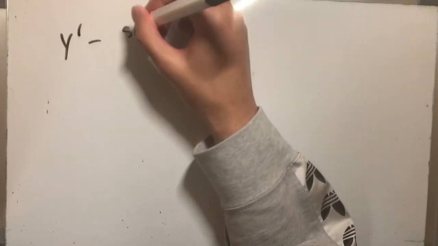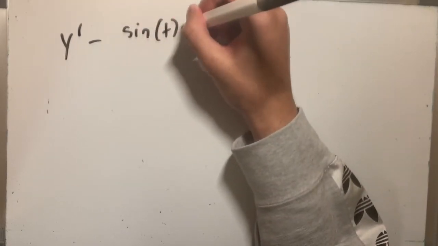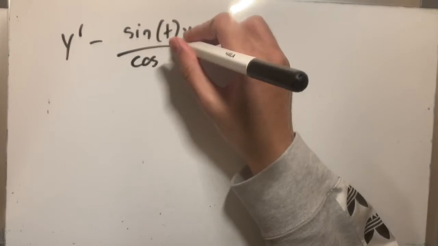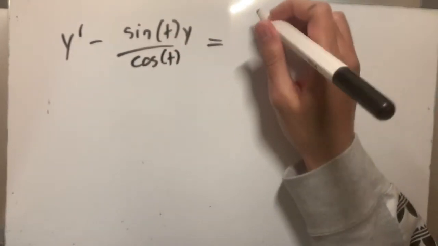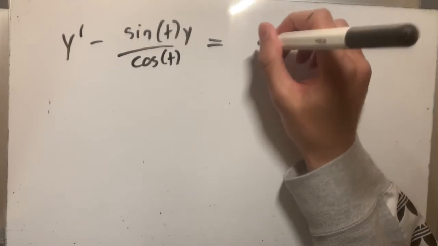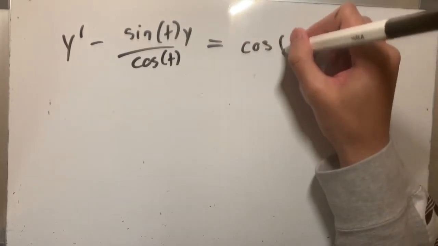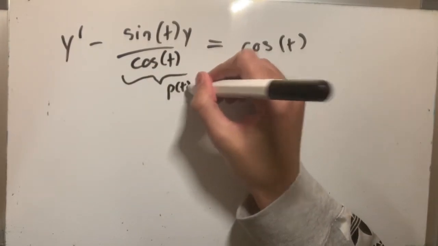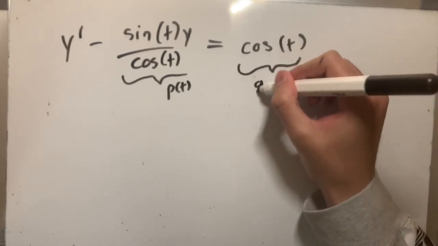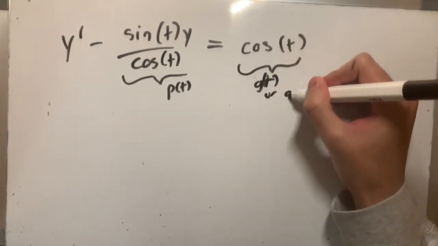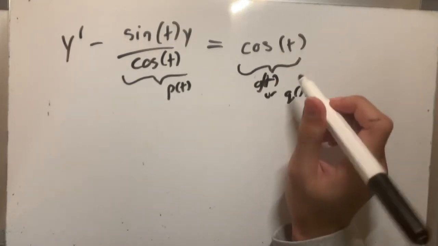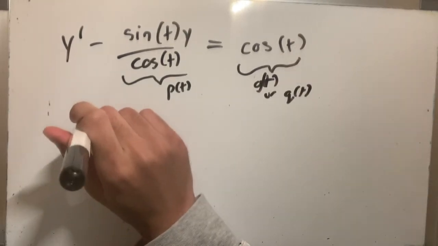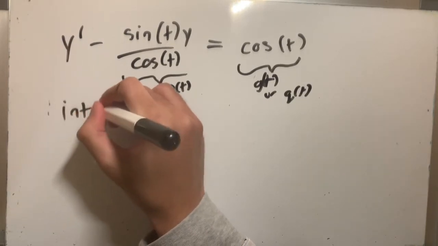Going back to what we had in our last equation, just a quick recap on a certain thing that is usually asked in almost all of our exams. This was the previous example that I just showed. y' minus (sin t over cos t) y is equal to cos t. And we have p(t) over here, and we have g(t) or q(t), it doesn't really matter what you want to call it as long as you know what it is. So what they usually ask is the interval of where this